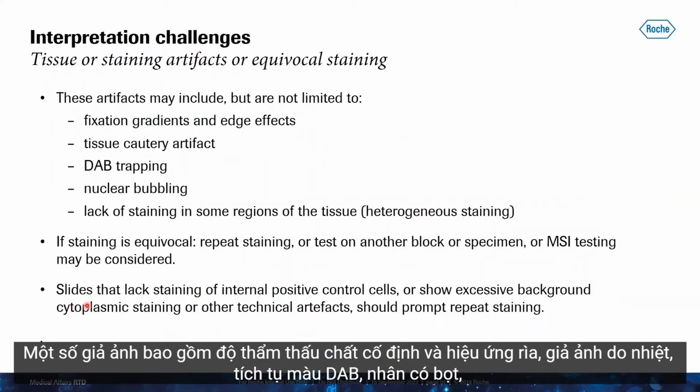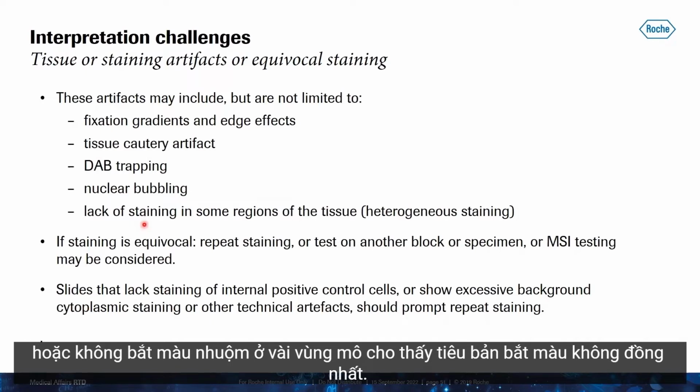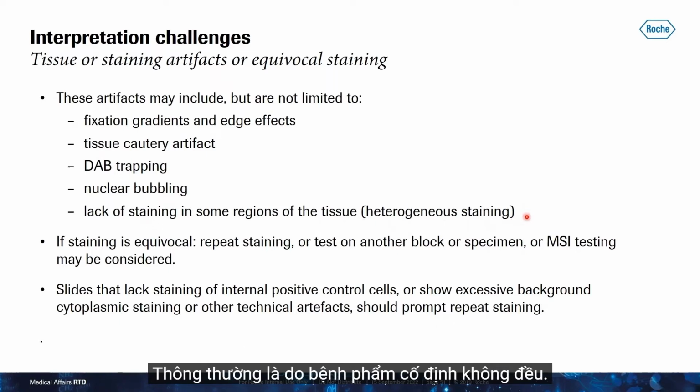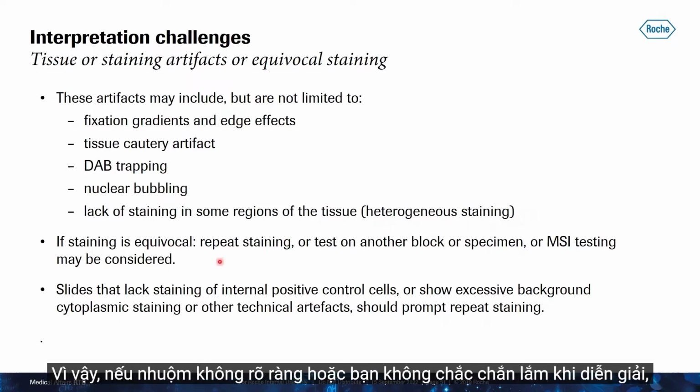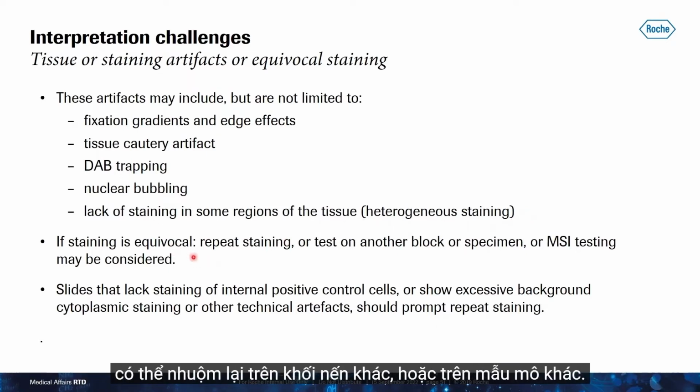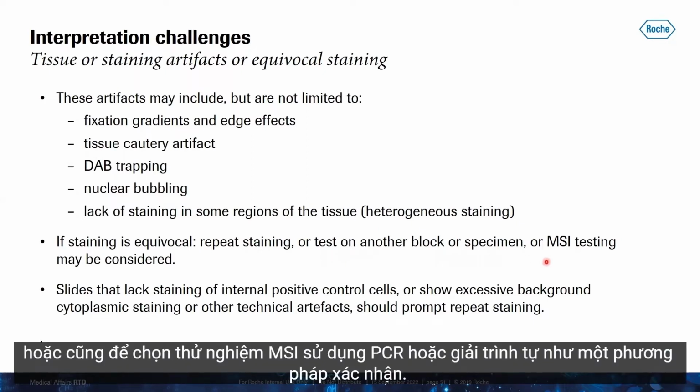Some artifacts include fixation gradients and edge effects, tissue cautery, artifact dab trapping, nuclear bubbling, or lack of staining in some areas of the tissue showing heterogeneous staining. Usually it's because of the variable fixation of the specimen. So if the staining is equivocal or you are not sure how to interpret the staining, one might repeat the staining process using another block or specimen,